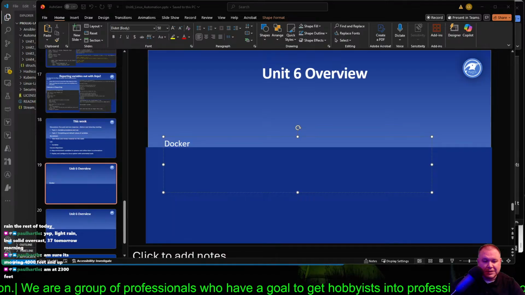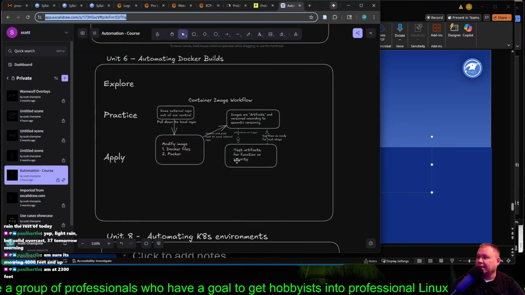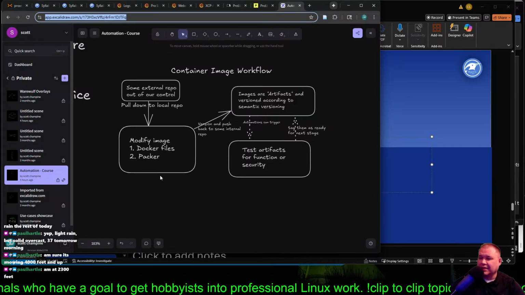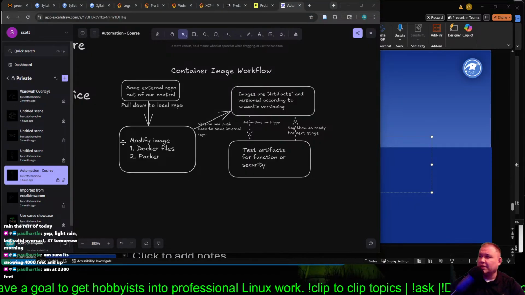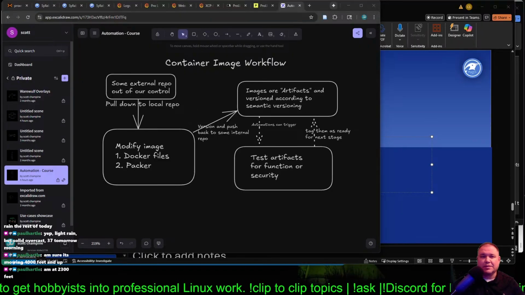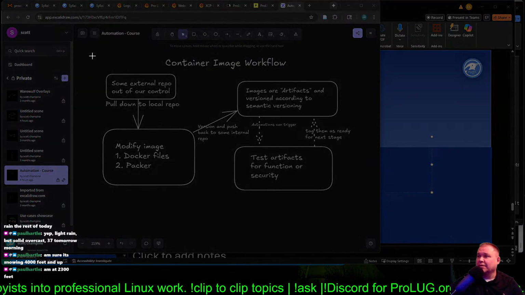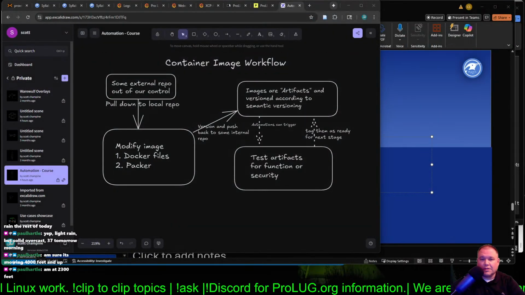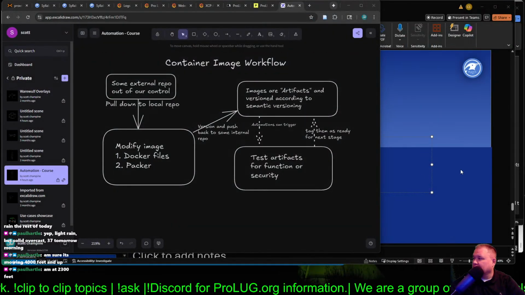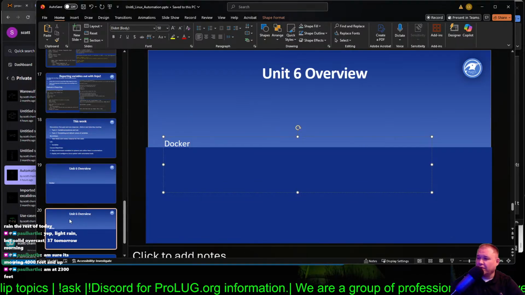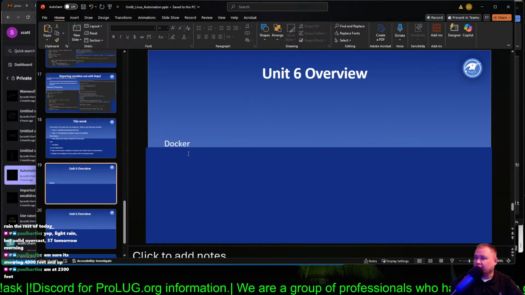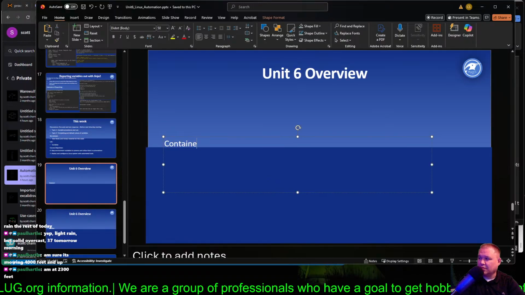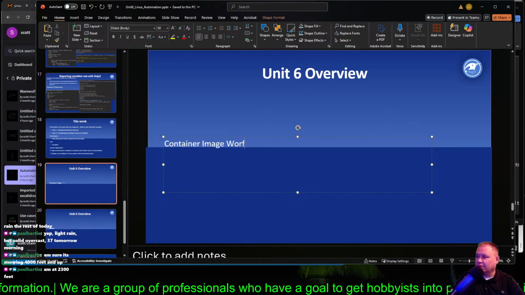One second here. So here's my container image workflow. This isn't the only way to do it, but this is a way that I think of it. So I'm going to zoom in on this a little bit, and grab it, and we're going to call this our container image workflow. So that'll be our overview, and then the next page, the first one will be container image workflow